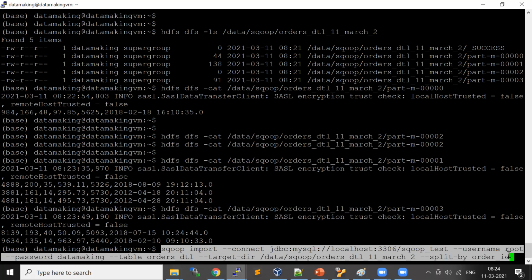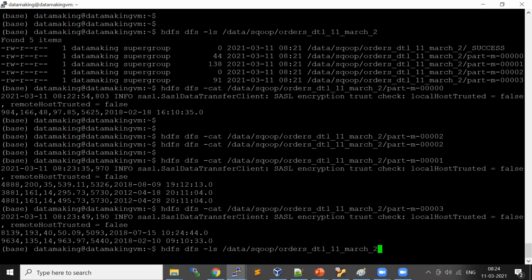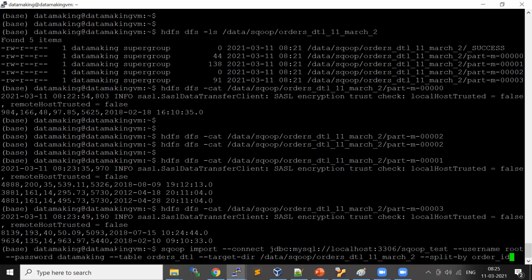While importing, is it possible to import particular records, like with a where condition? Yeah, you can see here what we gave. Here we gave the entire table name, right? Hyphen table given. So you can provide a query. Instead of table, you say hyphen query. You write a query. Okay, that's also possible.